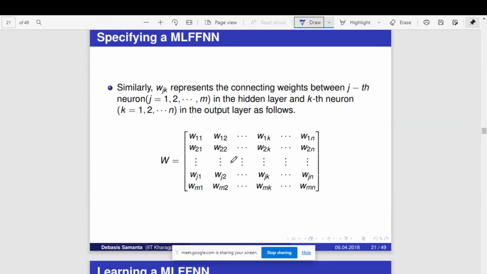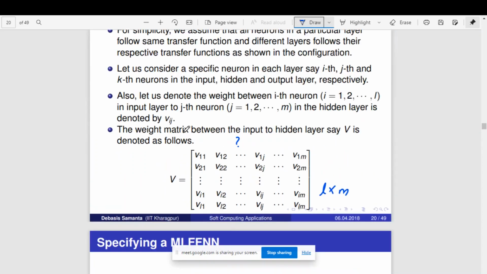Similarly, we should find the weight matrix corresponding to W. So W is the set of weights which connects the hidden layer with the output layer. Okay. So one more thing you should remember here. So throughout this discussion,